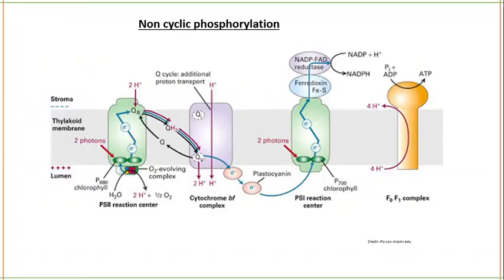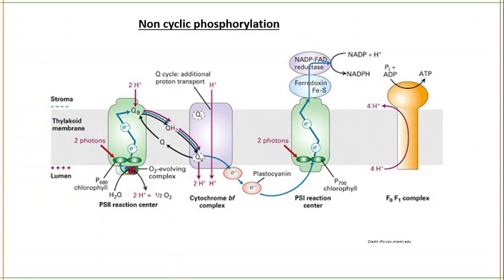So let's talk about non-cyclic phosphorylation and cyclic phosphorylation. We'll come to know what happens during them. One more thing I want to tell you is that in this particular diagram, there are some names which are missing. In the next one, I'll be showing you all the names. So do not get confused with anything. Keep listening to each and every word very carefully so that you can understand everything very well.